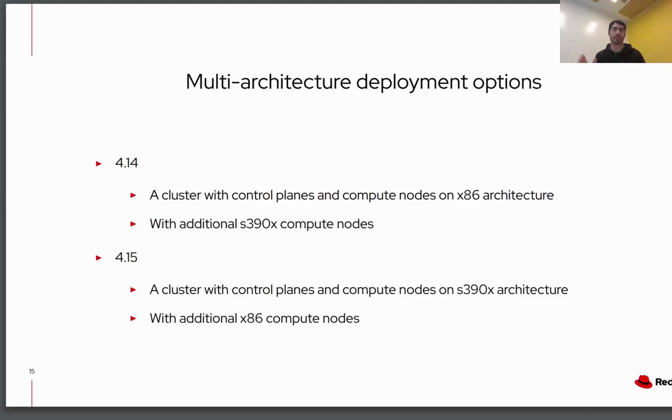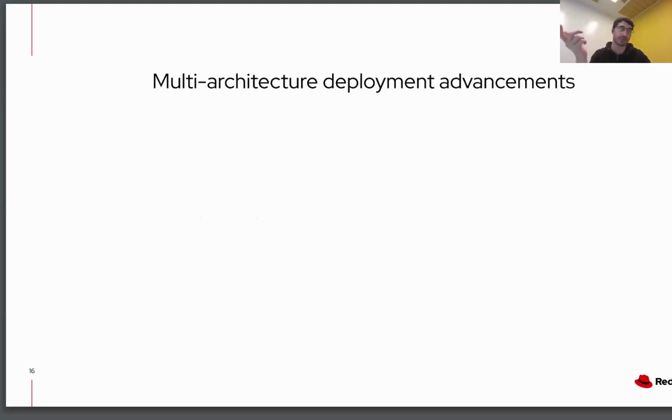So in 4.15, they solved this. And from 4.15 onward, we do have additional features where basically you can do the opposite, where you can provision a cluster on S390 and then only after that add some nodes that are x86 for certain kinds of applications. And also, after version 4.15, we got new versions. 4.16, for instance, added the agent installer parity for multi-architecture systems or multi-payload installations, where basically this means that you have multiple options to install a multi-architecture cluster.